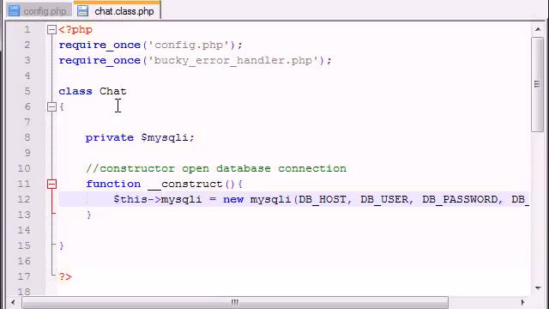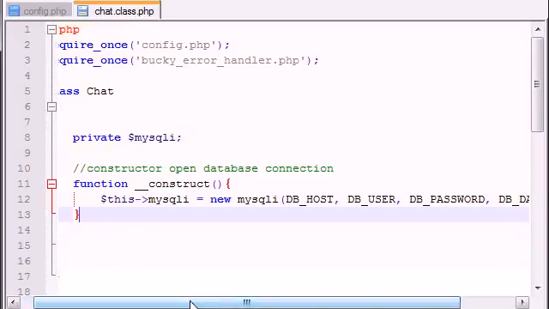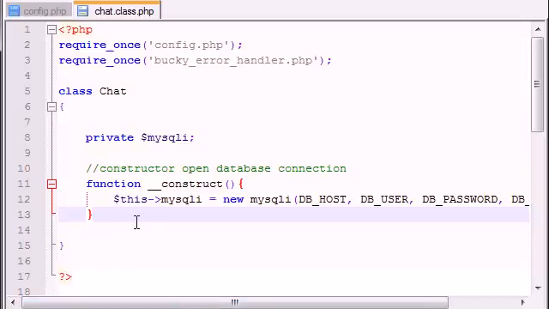So whenever we create an object from this chat class, the first thing it's going to do is run this function automatically. You don't need to call it. And what this function is going to do is basically establish a database connection. So now we're connected to the database, but before we start posting messages or reading messages from it, we need